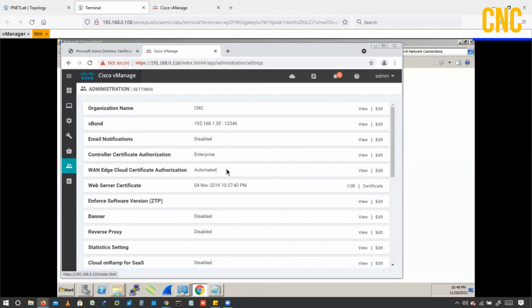Okay, so right now we have done this task. What I need to do here is add the vBond, and we need to add the vSmart also, right? And now I will go to those servers and do the base configuration. So right now, let's take a look. Let me go here in the topology.